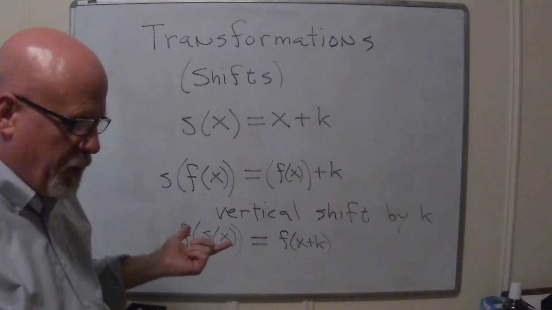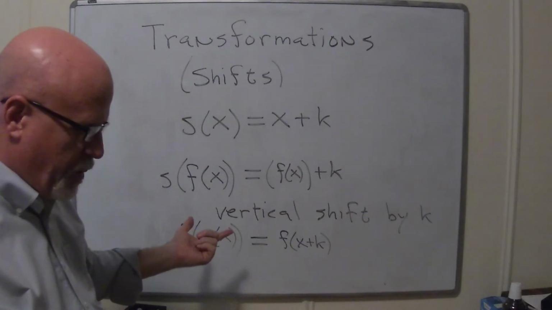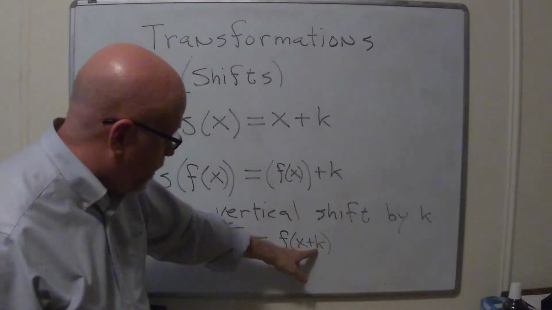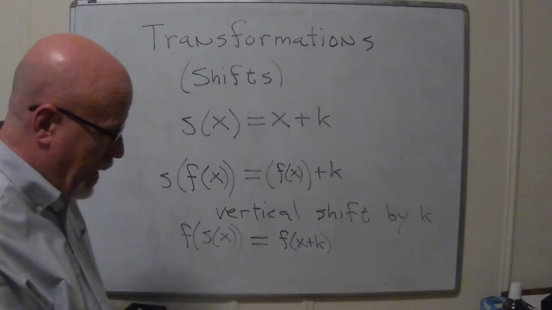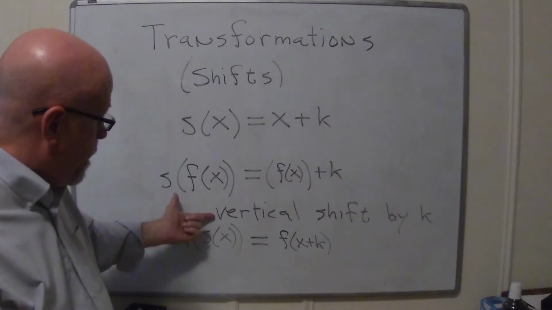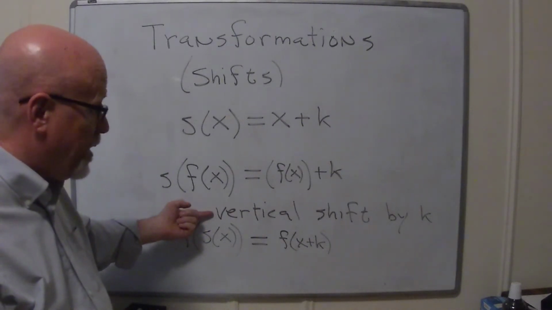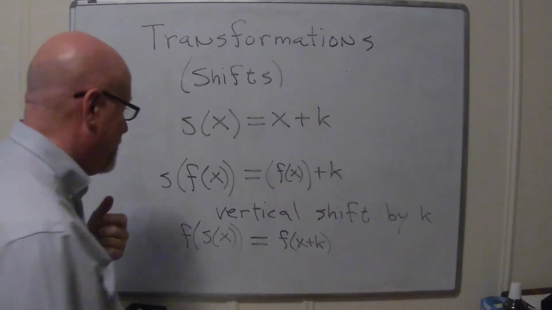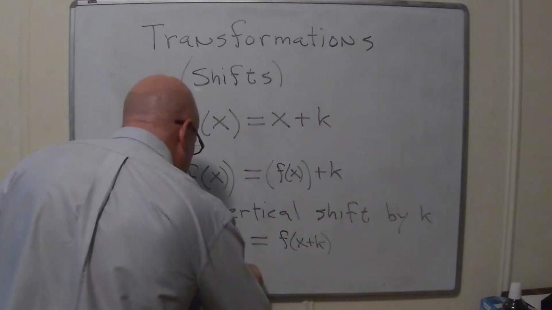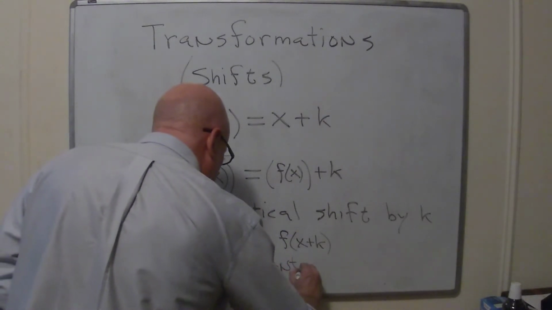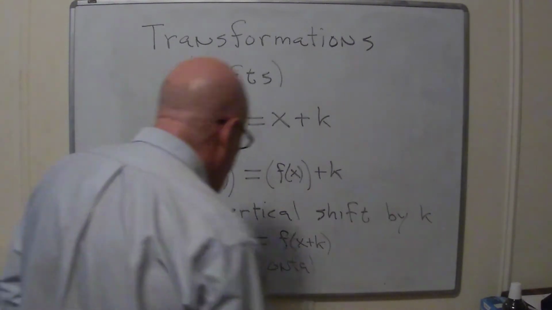The best way to probably view this is to do it on GeoGebra and see that you can actually make a thing where that k is a slider, and you change the slider and see what it does to the graph. But it horizontally shifts by k units, except in the wrong direction. We get a horizontal shift, but it's going to go negative k units.